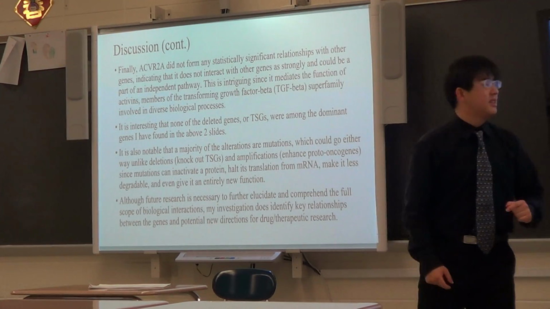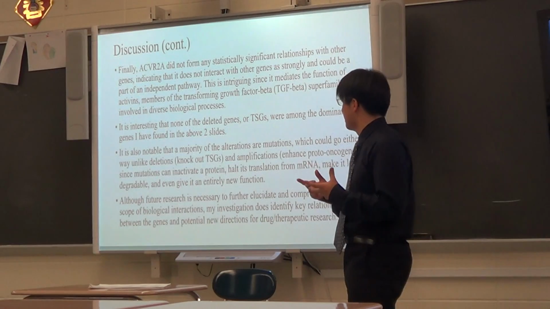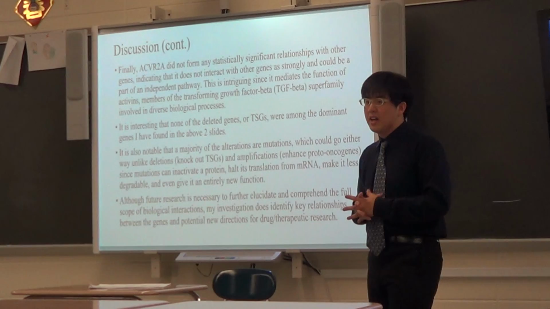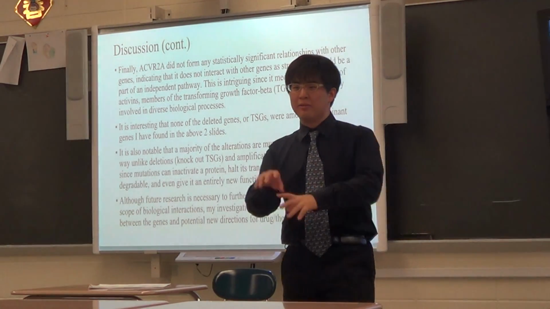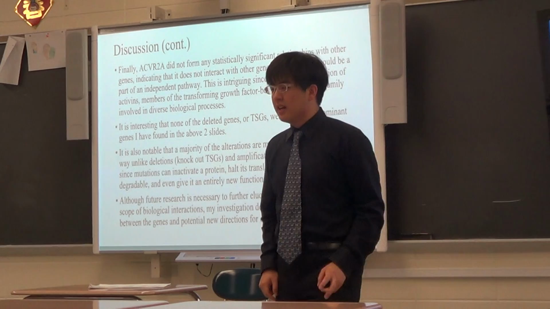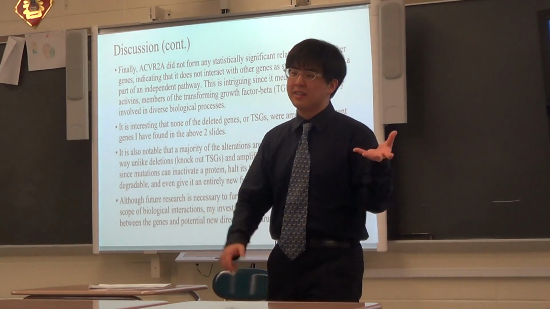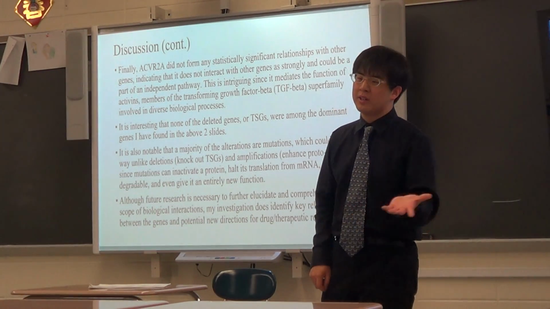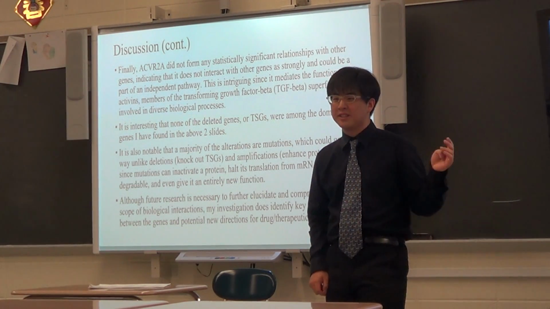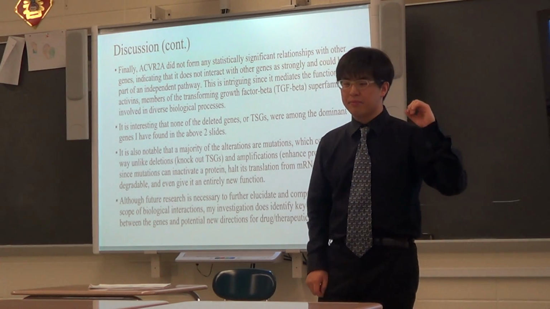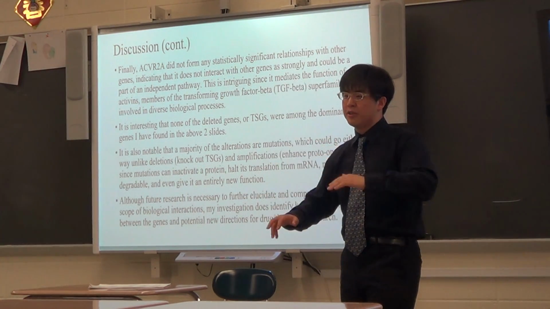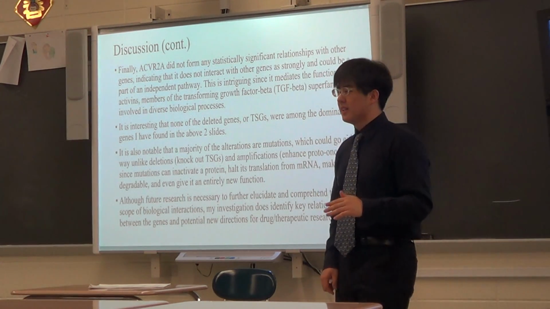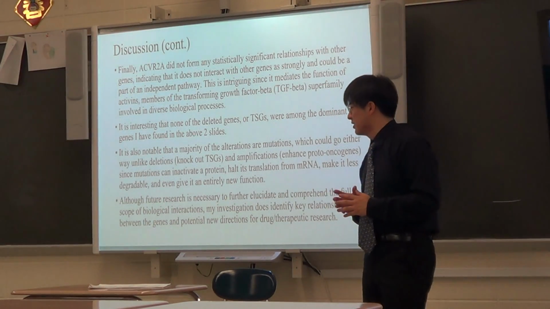And ACVR2A didn't really form a statistically significant relationship with other genes, indicating that it does not really interact with other genes. So why is this important if it's not interacting with any other genes? It's still important because that shows that it's independent from all the other gene mutations. And since it's already known to be a significant constituent driving liver cancer, that just means that it's a gene that's not associated with most of the other genes, and it drives liver cancer independently on a pathway of its own. So it's actually quite a plausible hypothesis,